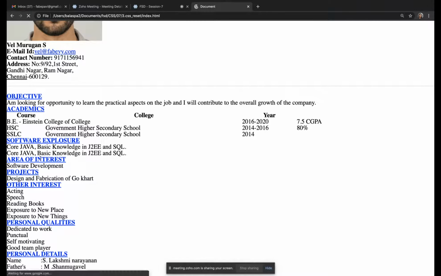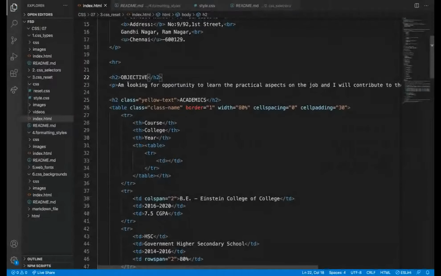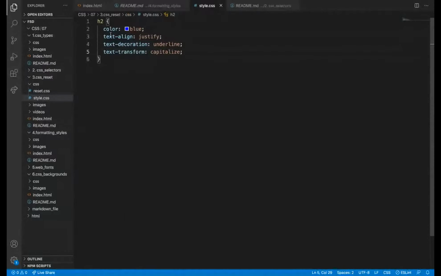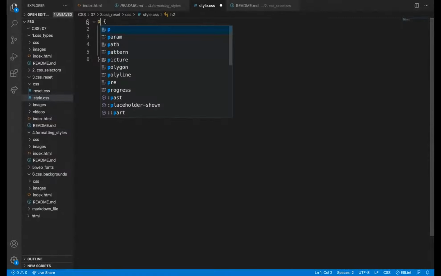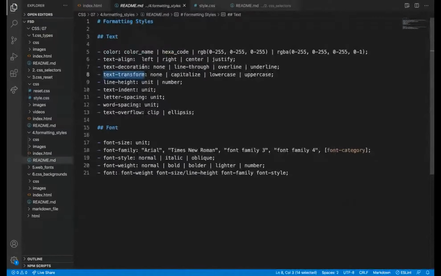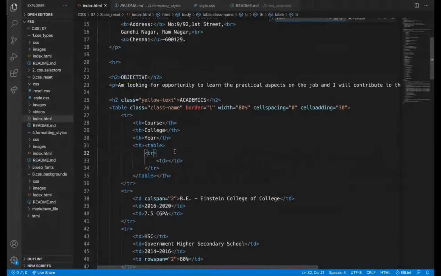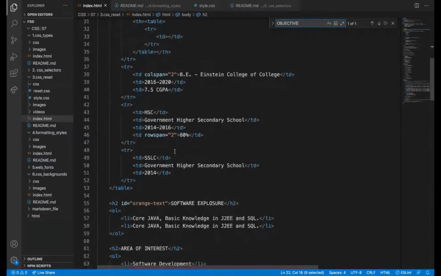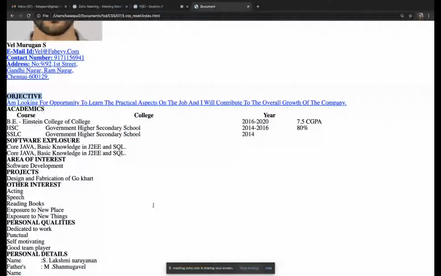Why is it so? See, I don't know why. Oh, we have written this. I'm not sure. Wait, in the HTML. Okay. So all the H2 tags are already in capital letters.